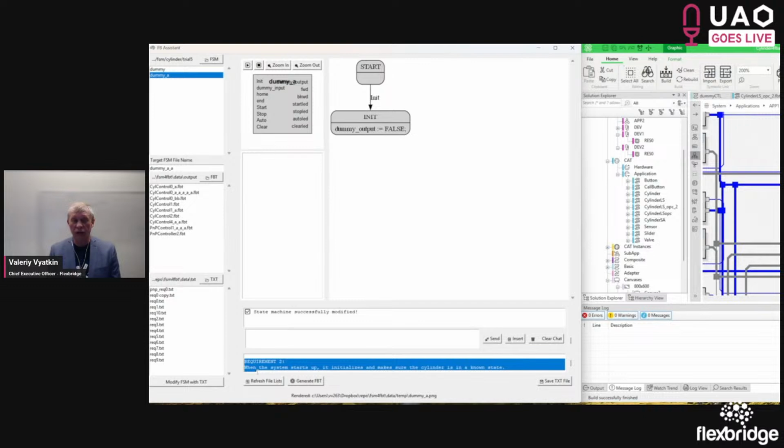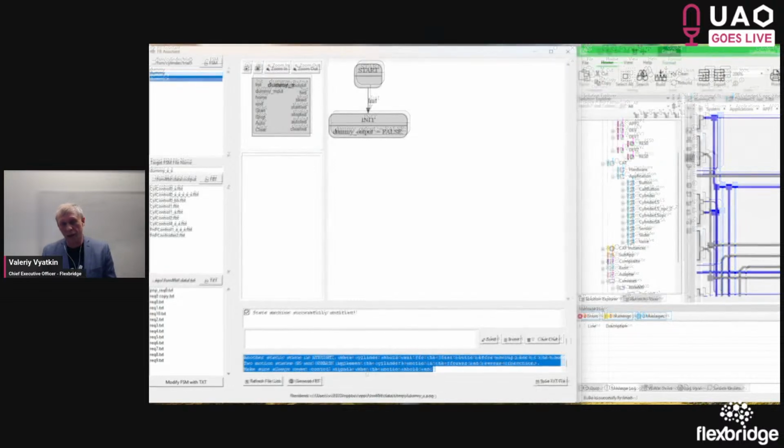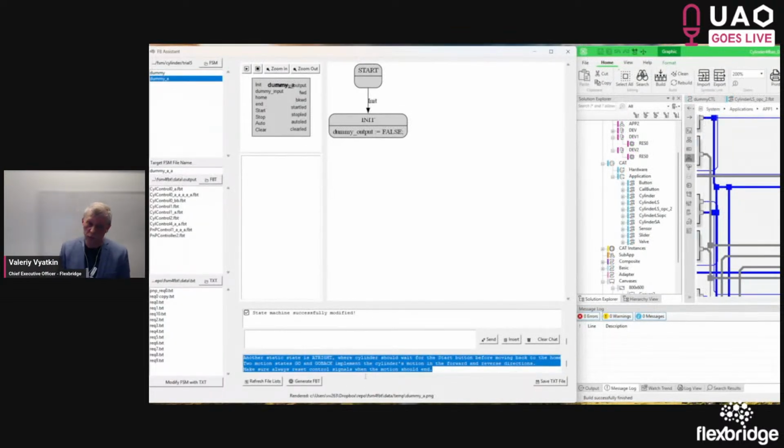Now we select requirement number 2, which describes what we want the cylinder to be doing. We say that first it has to retract to the initial position, then it has to operate in the cycle, and reacting on the start button, it should move to the right, and then wait, and reacting on the next start button press, move to the left.